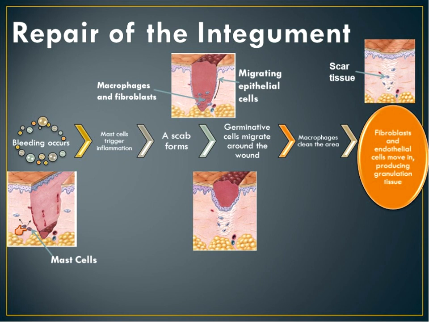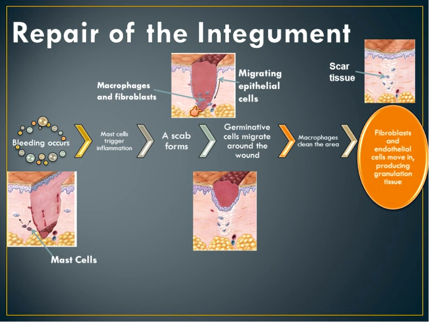So you have a scab that forms on top eventually, and then you have germinative cells that were called to this area by the mast cells through that inflammatory response, that are kind of rebuilding the dermal layer and rebuilding the germinative layers of the epidermal layers. And they continue to do this and surround the wound. So these migrating epithelial cells will come all the way down to the base of the wound, and they'll just grow and push up. All the while, you have more mast cells that are releasing prostaglandins and other chemicals to